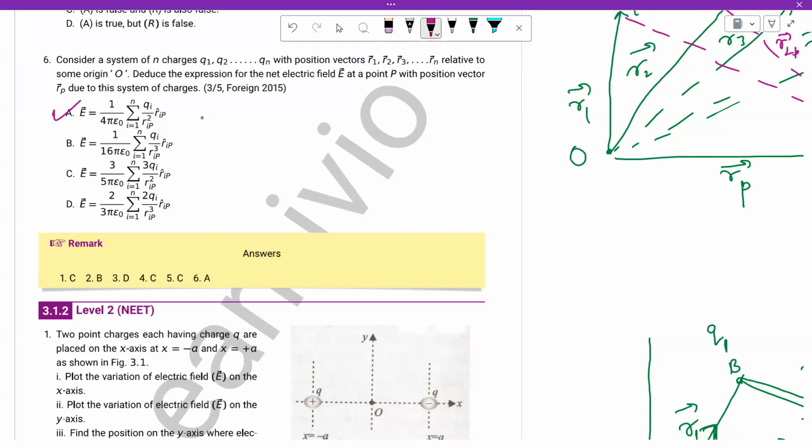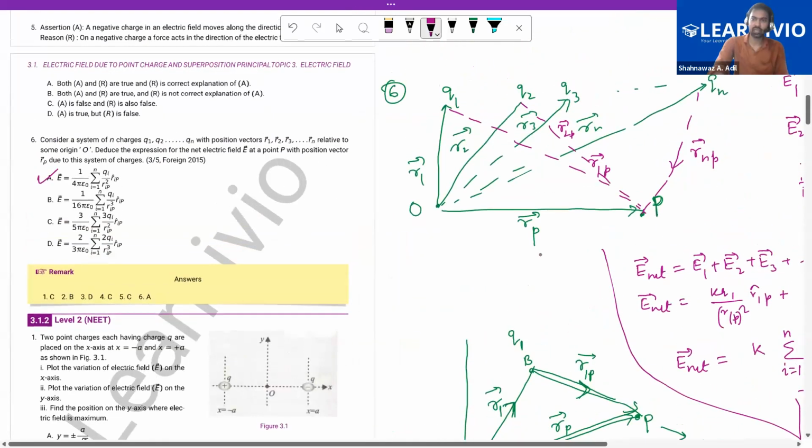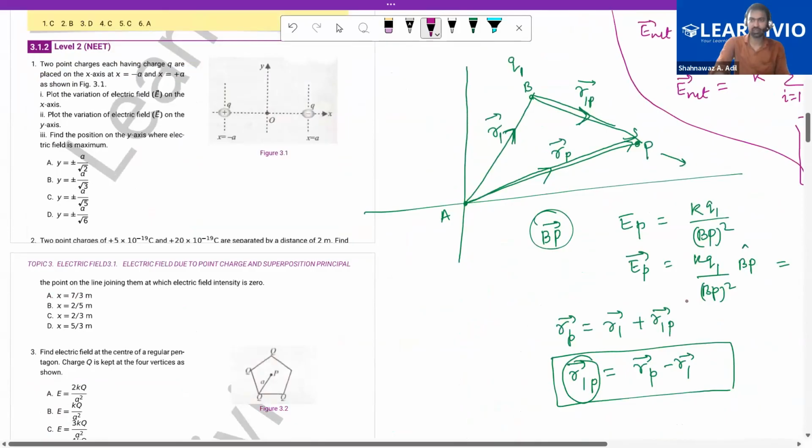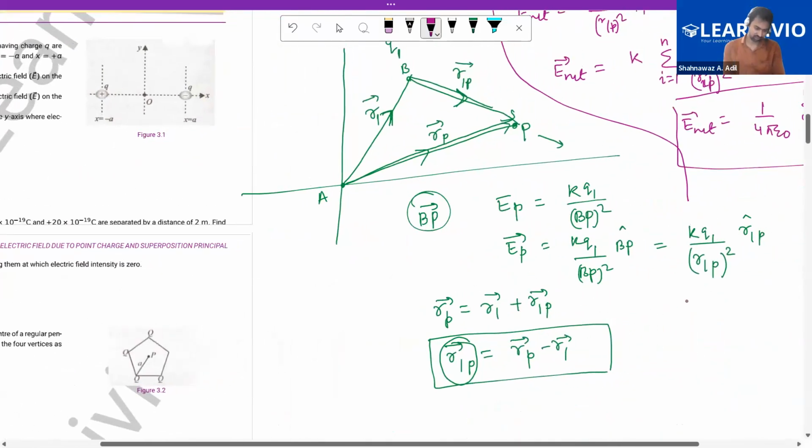So can you see the answer? Yes, yes, yes. So yeah, write down this part first, right? Yes, sir. Yeah, write down this part and then